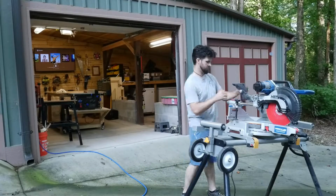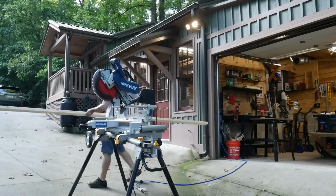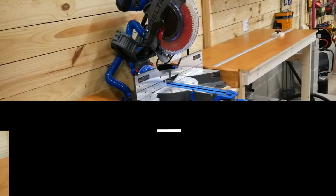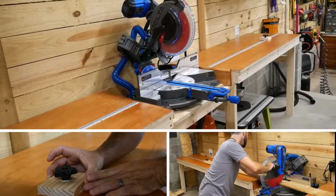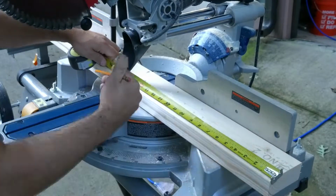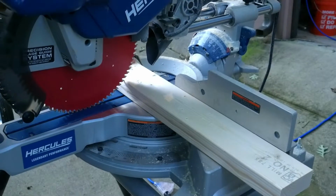And it's fairly limited on its capacity, which makes it harder to cut longer stock, as well as introduces a quality issue to the cuts. So for the sake of efficiency gains, quality gains, and my own sanity, I think it's time I make a permanent miter saw station. So for this miter saw station, it'll be made entirely out of 2x4s and 3/4 inch